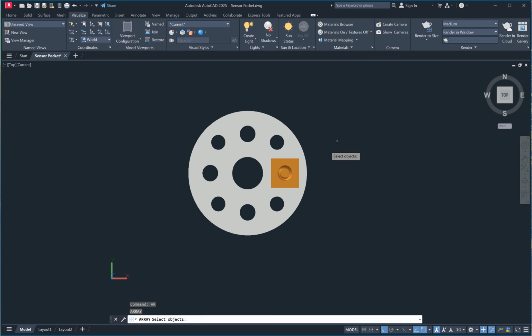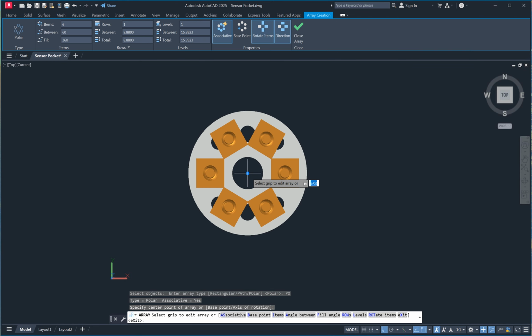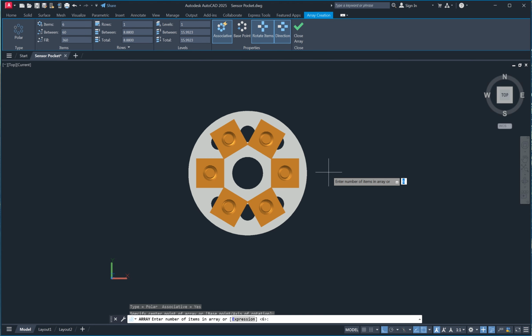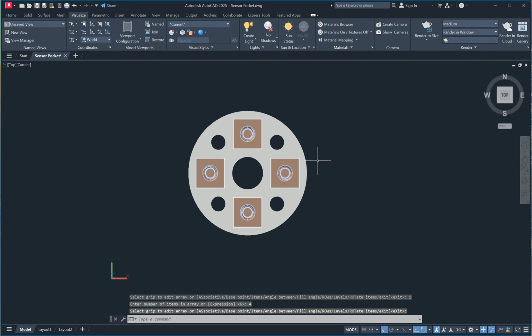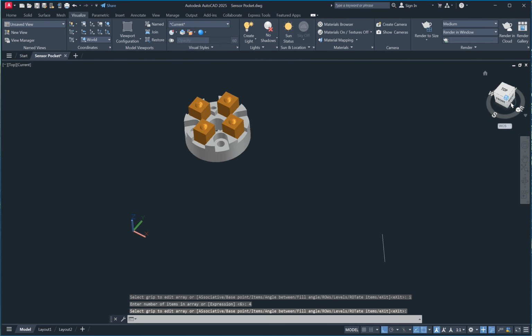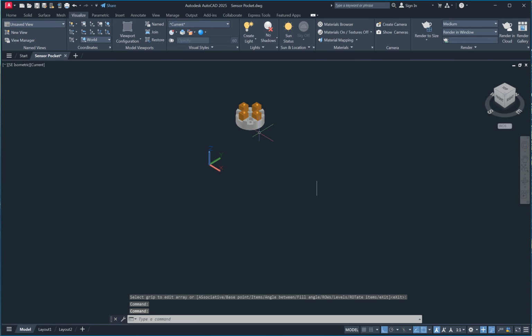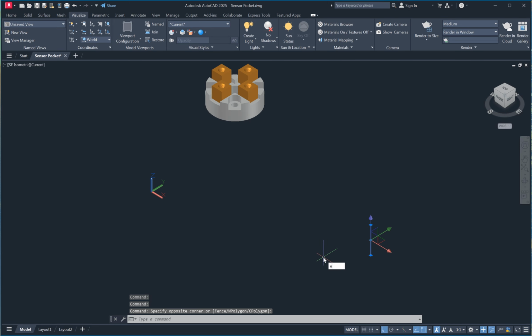ARRAY, enter, select objects, these two objects, enter, array type polar, specify center point of array, click here, and enter, enter for exit. Erase the extra.